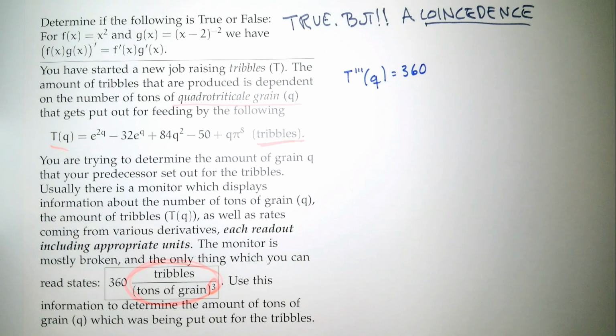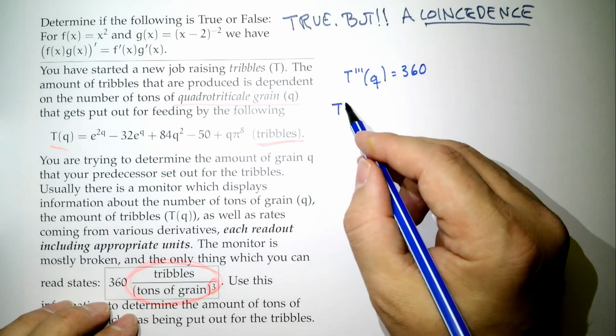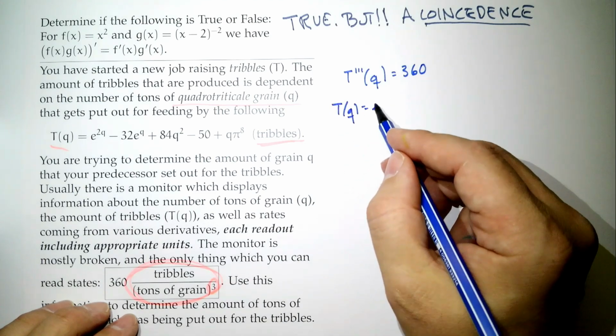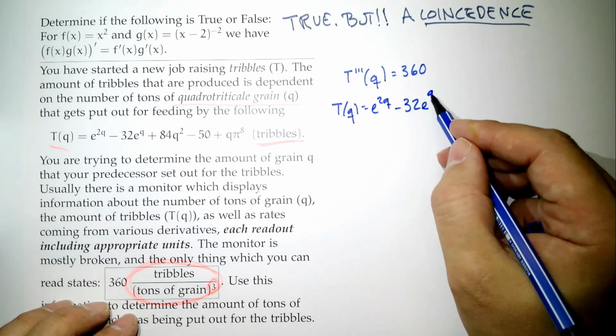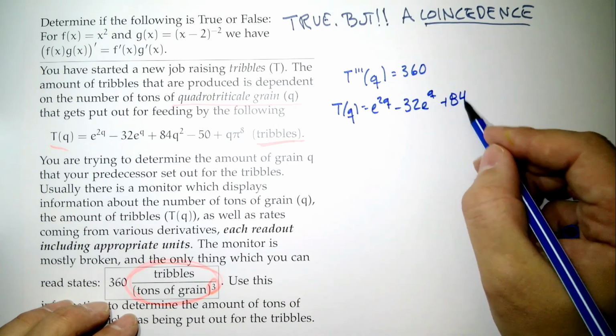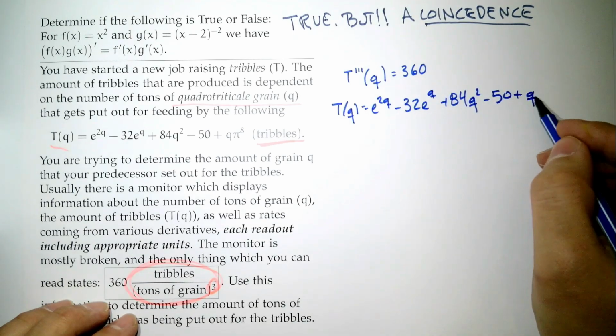We should probably find that third derivative, which of course if you want to find the third derivative, you start with just the derivative. So we're going to start with our function. So here I'll just rewrite our function. e to the 2q minus 32 e to the q plus 84 times q squared minus 50 plus q pi